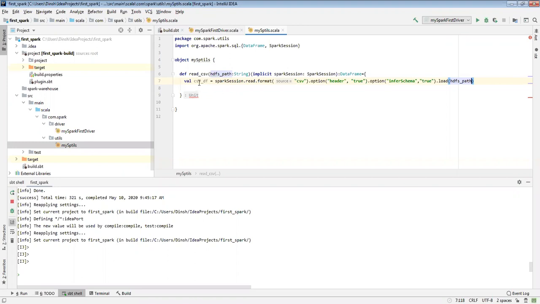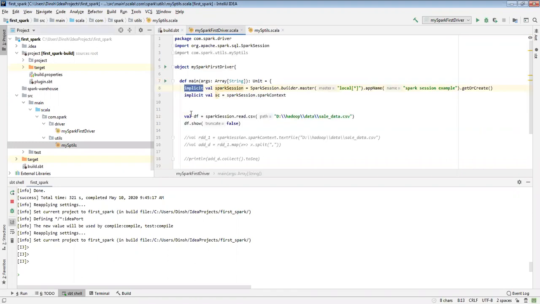So now I need to return that CSV df, correct? And here I use CSV underscore df. Okay. So now this method I need to call from here. So instead of this, I'll give my argument, my CSV path